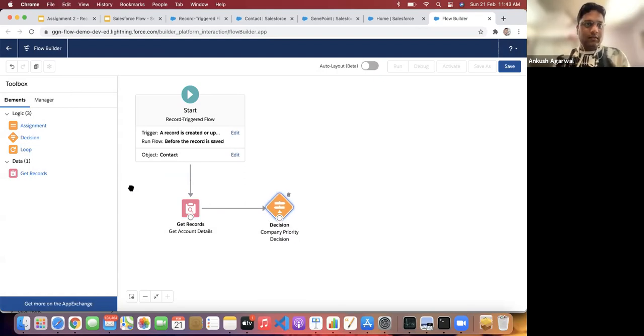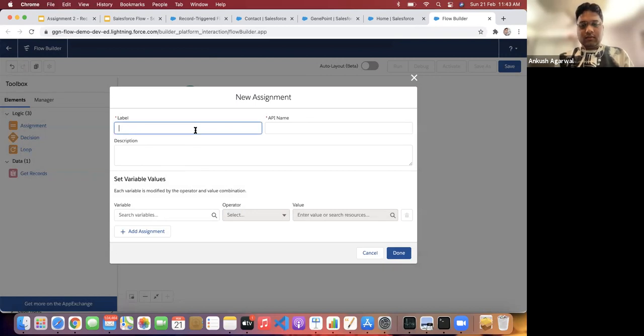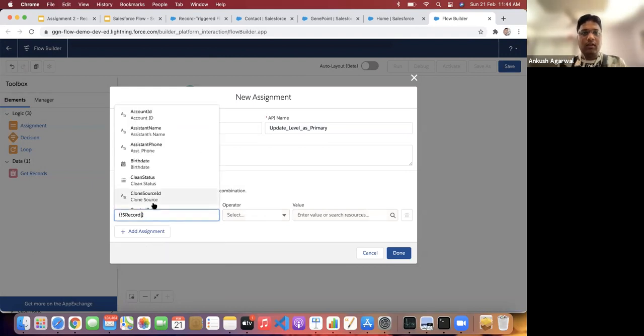Now, next point is we have to update a contact details. So update level as primary. Okay, so on the record, we'll just search for the level.